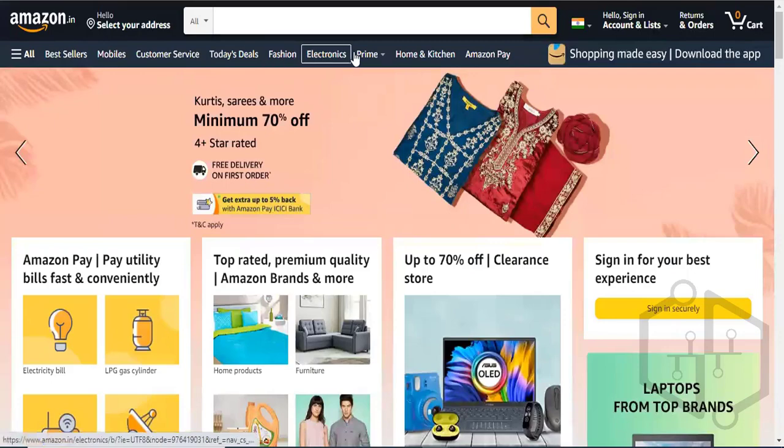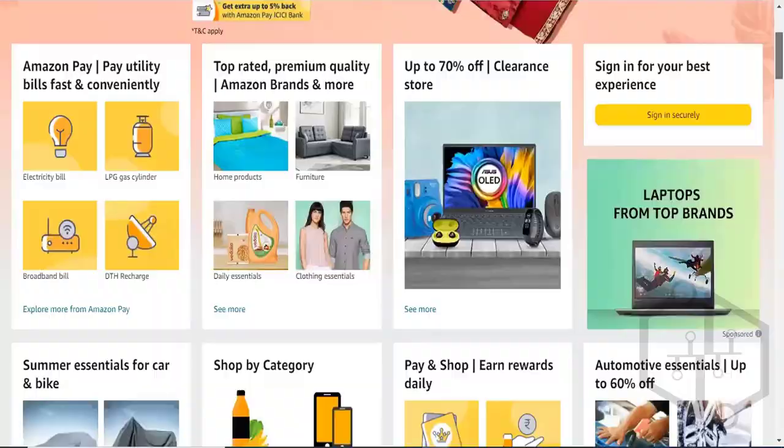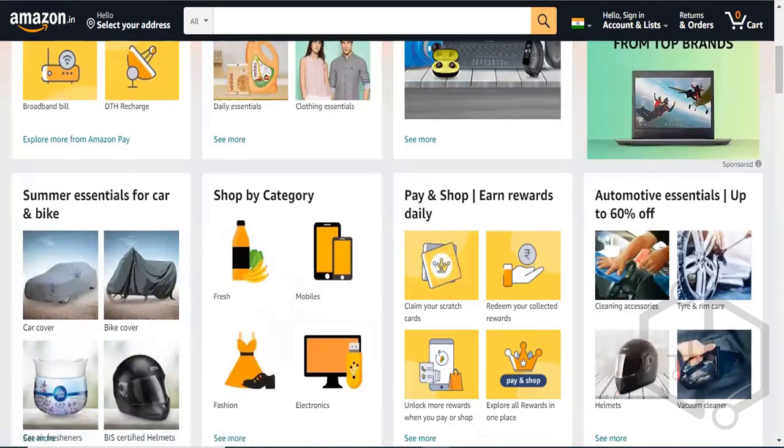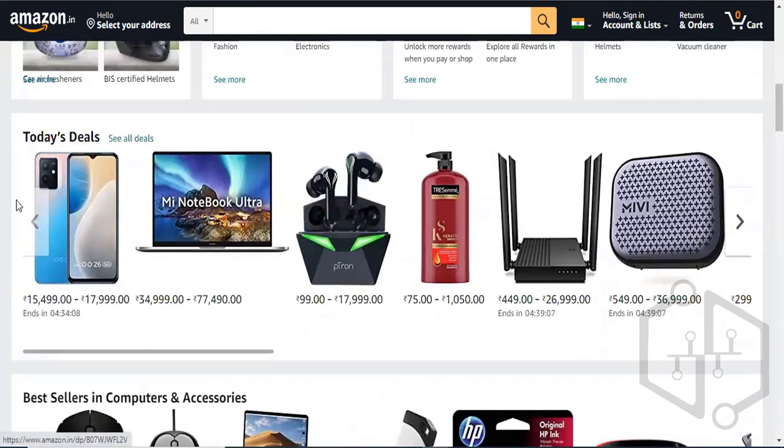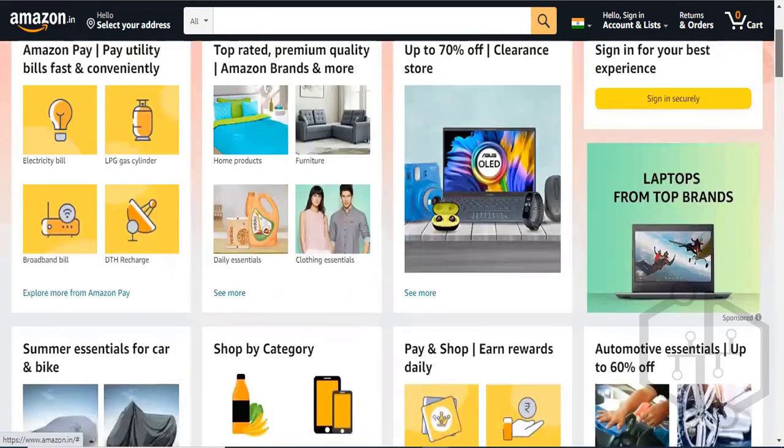Below that, there is a navigation component, and below this a carousel component. Below that there are a number of other components, like this cards component, and if I scroll down, this list component, or again the carousel with some product list component, something like that. Any name can be given to your component.